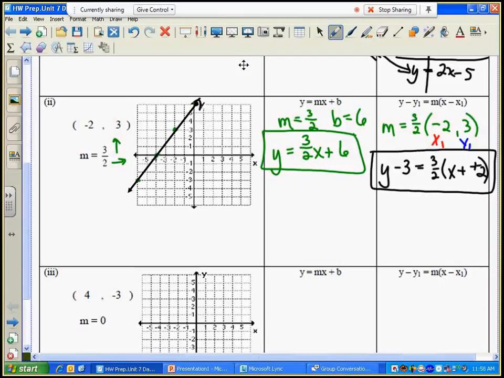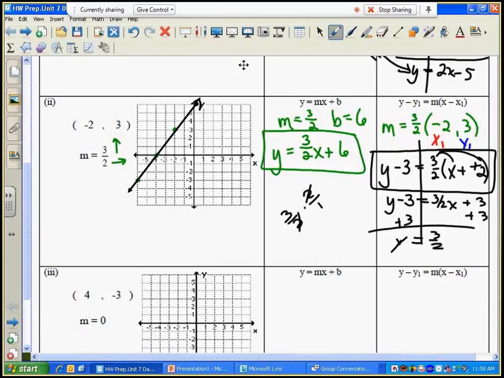Point-slope form. To show you once again, and please copy this down with me, we could convert this into slope-intercept form. Do a little distributive property. We get 3 halves x plus 3 halves times 2. We'll just put that 2 over 1. We end up getting 3 over 1, or just a positive 3. Now add that 3 away, and you can see that we verify that those are, in fact, the same lines. Okay,